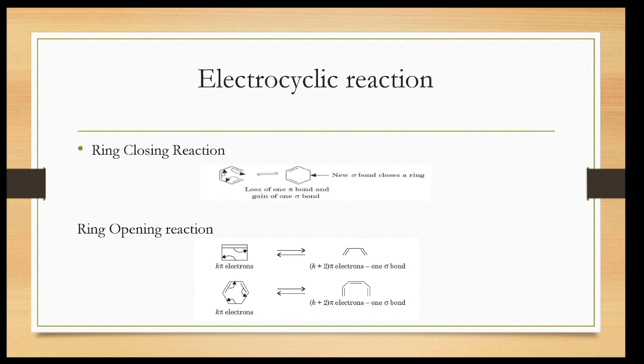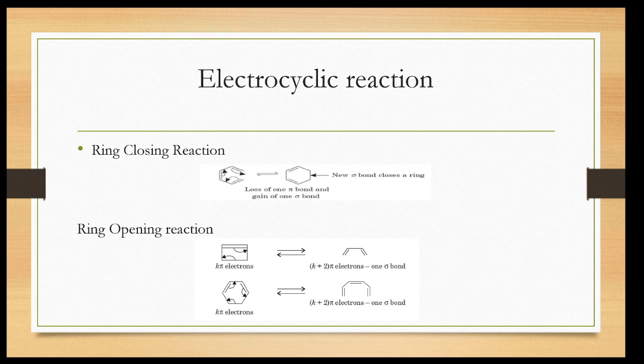In this reaction, the number of pi bonds is 3, therefore 6 pi electrons. The 6 pi electrons are not a multiple of 4. Therefore, it is considered a 4n plus 2 system. During the formation of the product, it expends its own pi bond. It is converted into 2 pi bonds and one new sigma bond. Means this reactant expends its own pi bond and converts into a new sigma bond. Therefore, it is considered an electrocyclic reaction.